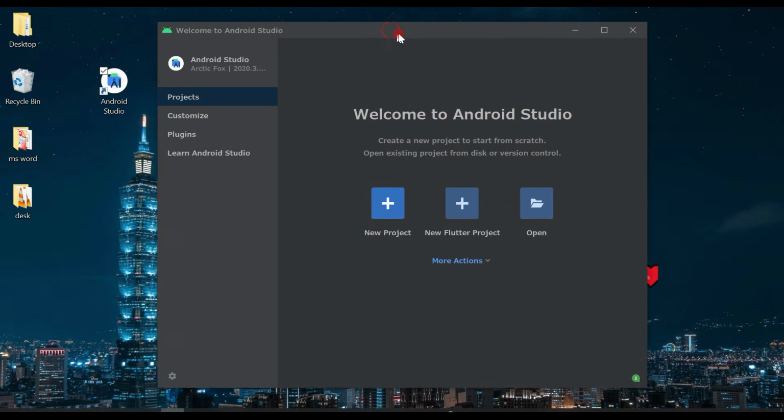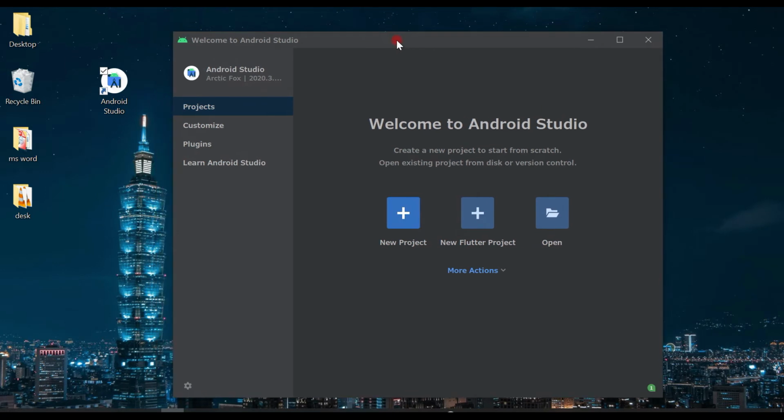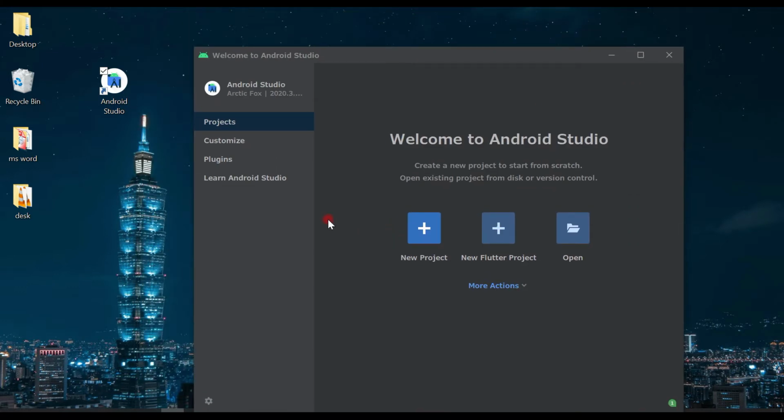Maybe you did not update your Android Studio, so you will see a different type of dialog. If you still have not updated your Android Studio, simply go to Help here in the menu and update your Android Studio and you will see the UI design like this.